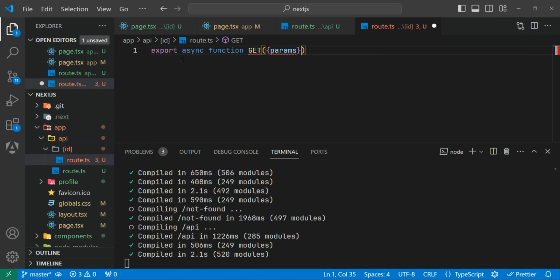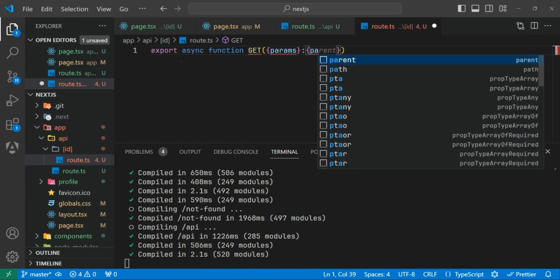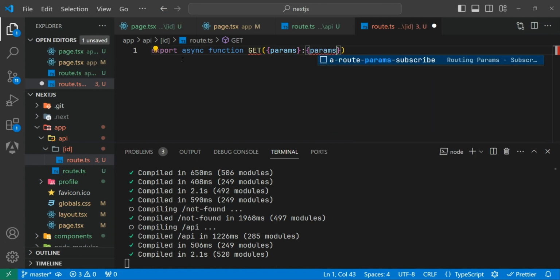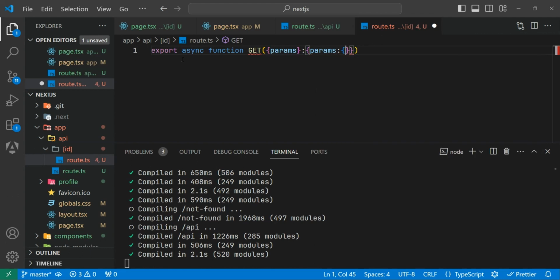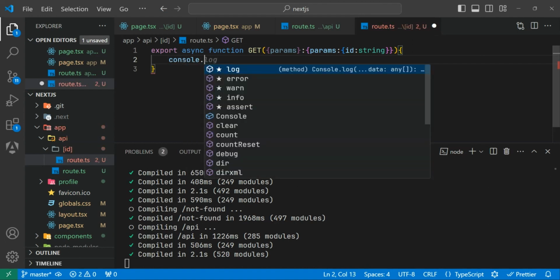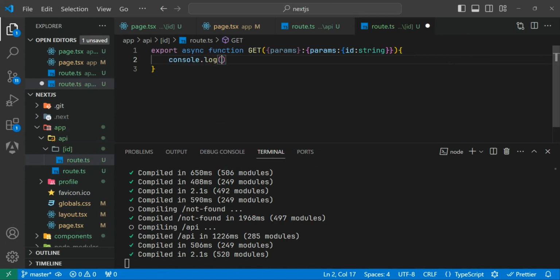So params, and let's give this ID. I think like this ID string, and first let's console log the params, console log params.id,